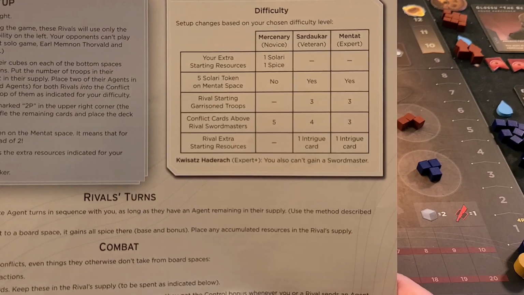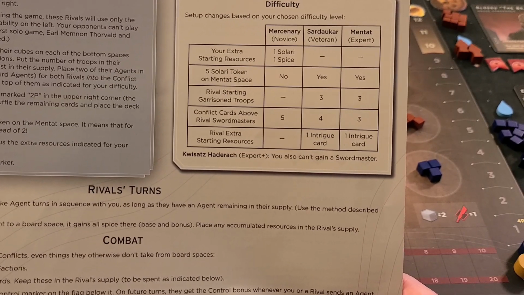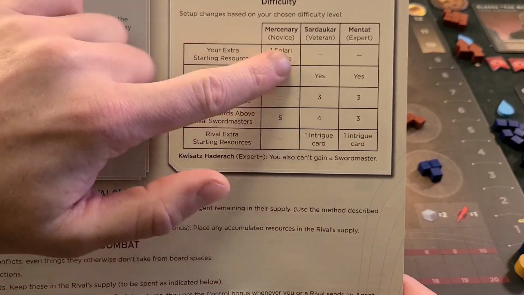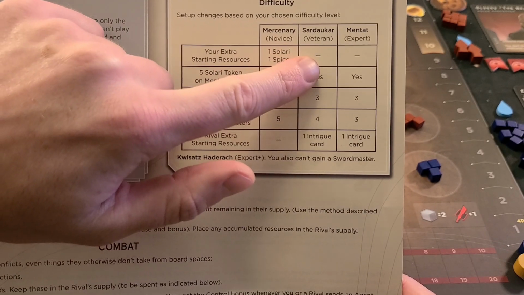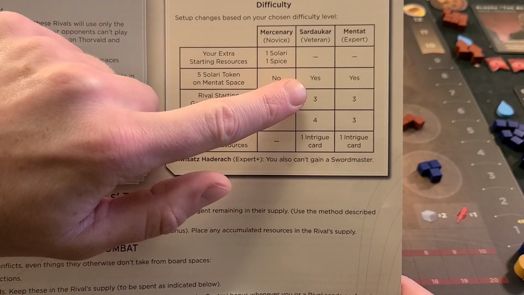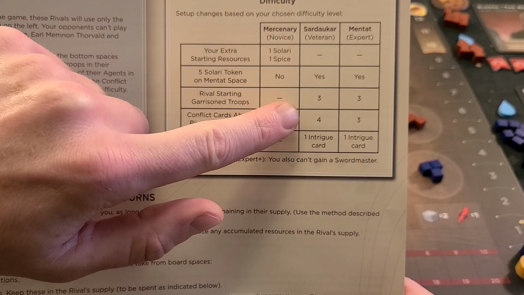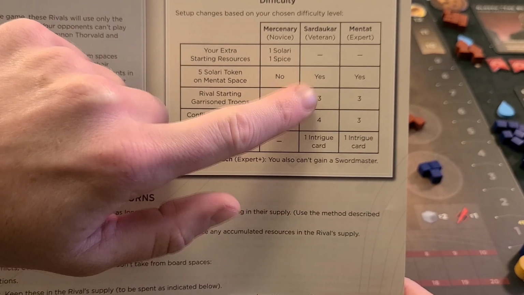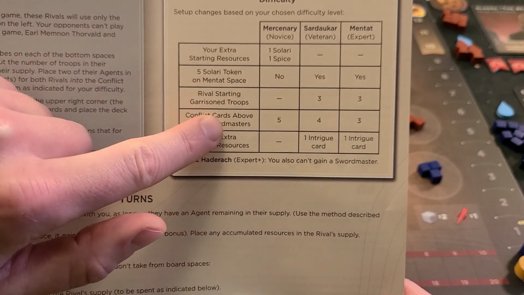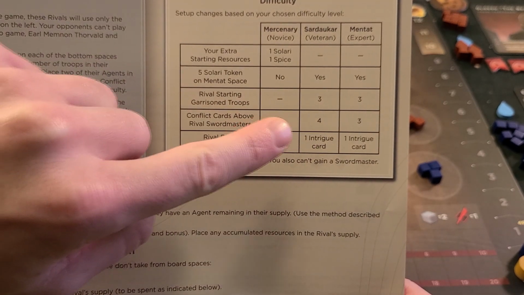Over here, just for your viewing pleasure, we have the different difficulties and some of the things that are going to be happening when you play on the different difficulties. So since we're doing veteran, we are not going to be starting with any extra resources except for the water that everyone is going to start with. I showed you that the Mentat is going to be costing 5 Solari instead of the normal 2. Our rivals are going to be starting with 3 troops, which I placed on there. We put our agents for our enemies, our sword masters, or third agents, on in between the 4th and 5th